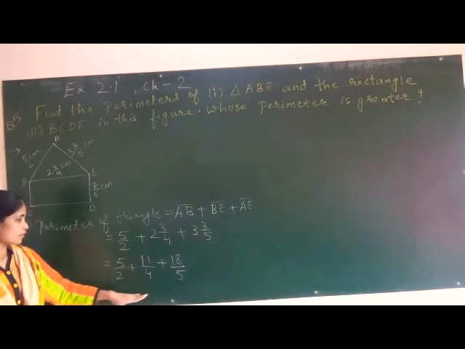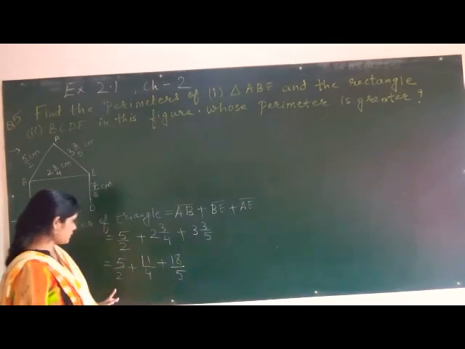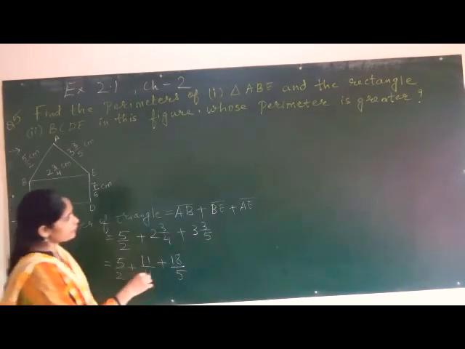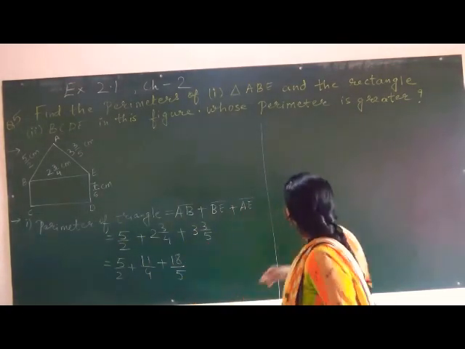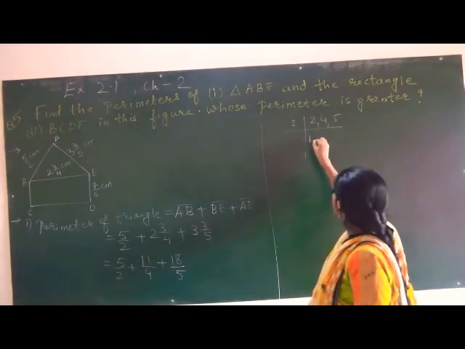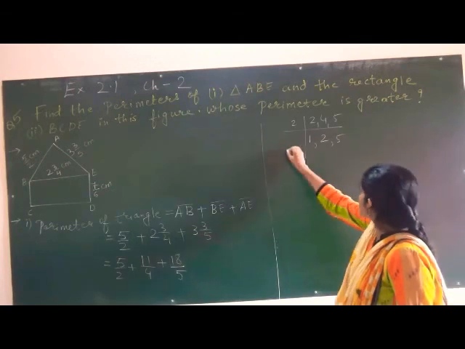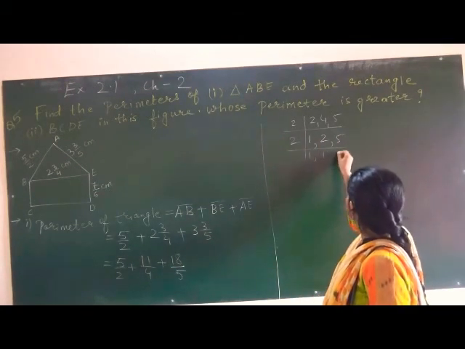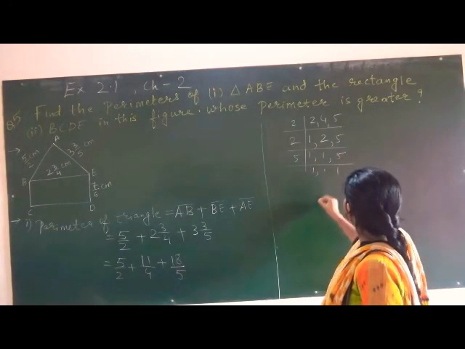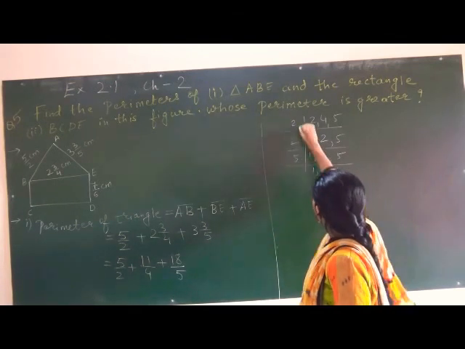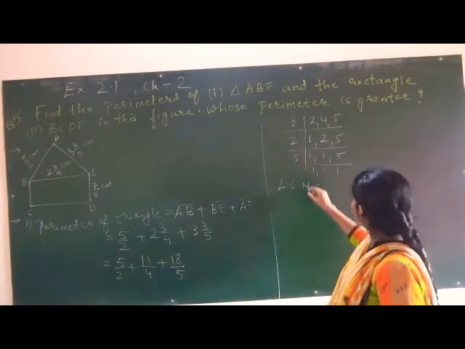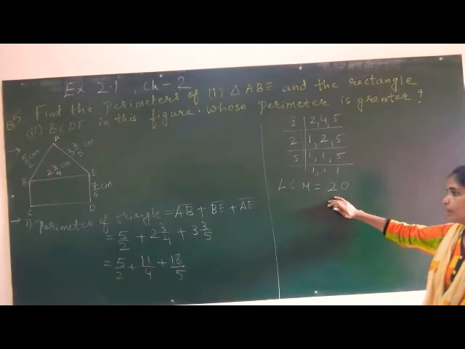Now we will take LCM. For adding these 3, first of all the denominators should be the same. So we will take LCM of 2, 4 and 5. 2 1s are 2 and 2 2s are 4, 5 as it is. Then this 1 as it is, 2 1s are 2 and 5 as it is. Now 5 1s are 5 and this 1 as it is. So this we will multiply and that will be our LCM. So our LCM will be 2 2s are 4 and 4 5s are 20. So 20 is our LCM.